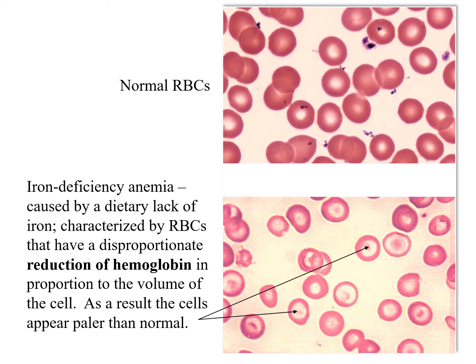On the top photo here, we see some normal red blood cells. Again, notice their nice circular biconcave shape. The reason that we see these little white zones in the center of each cell is simply because they're thinner. Remember, in the middle, and light passes through them much more easily than around the periphery, which of course is shown here as a darker red. I want you to